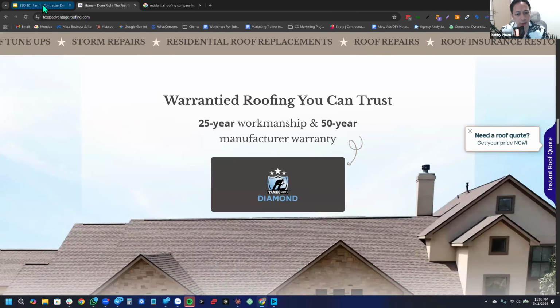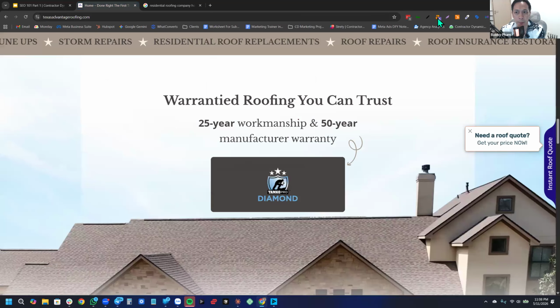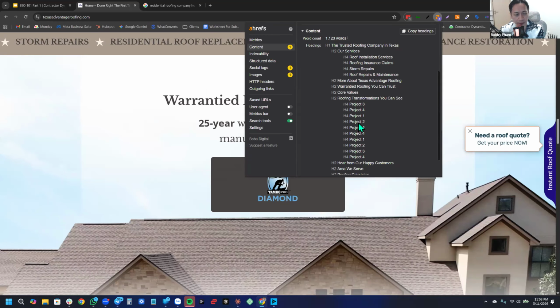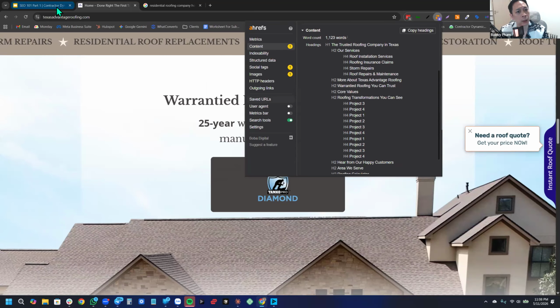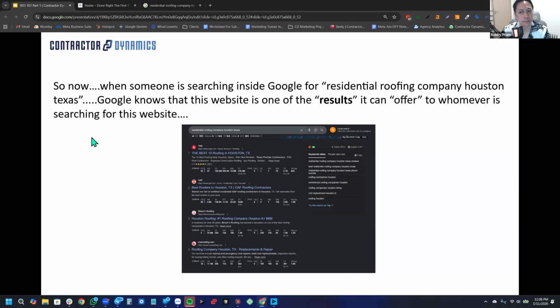All right, so I'm thinking too far off tangent here. So, anyways, again, this is what it looks like from the spider's perspective, right? They scroll down, they scan, this is kind of what they see here, right? So the title tag, I need to get rid of this. I need to fix this title tag, the H1 tag, and these headers here, right? Okay. So now,